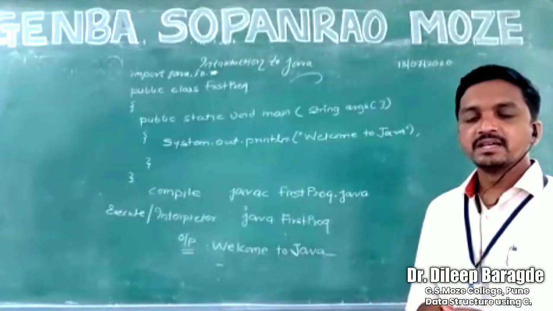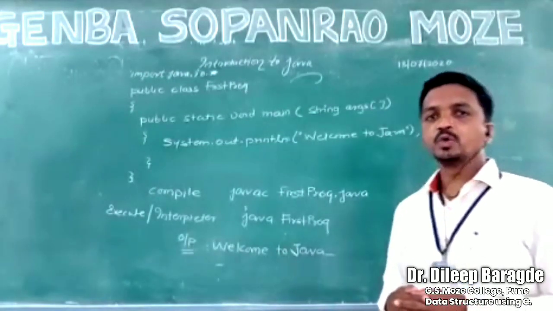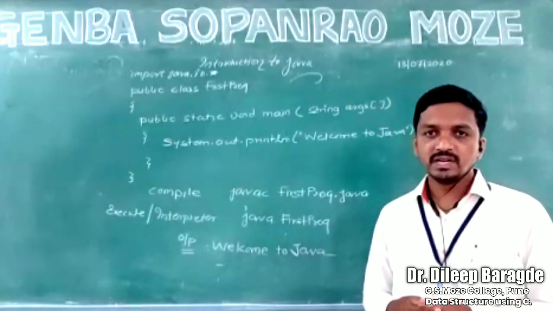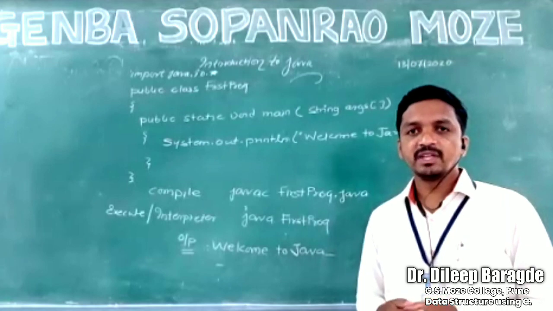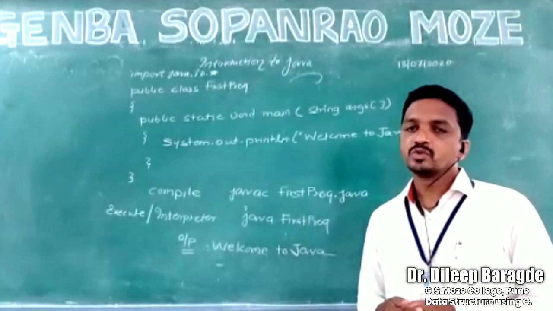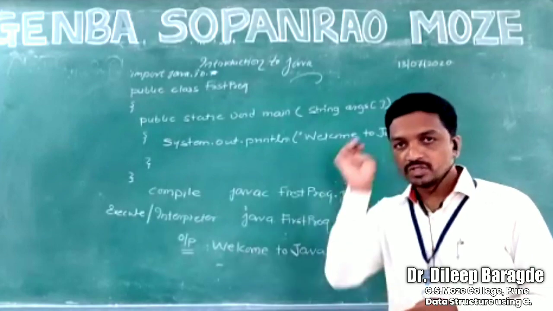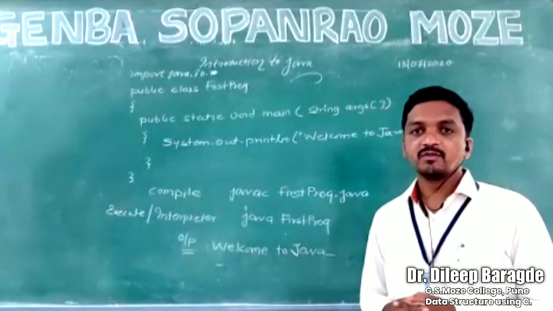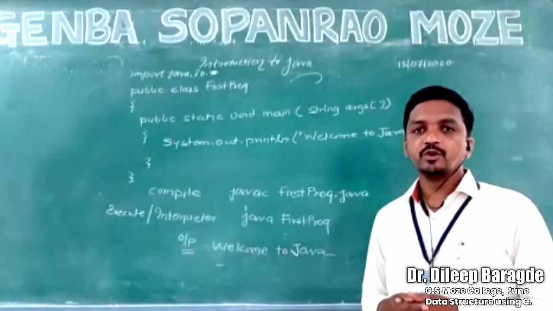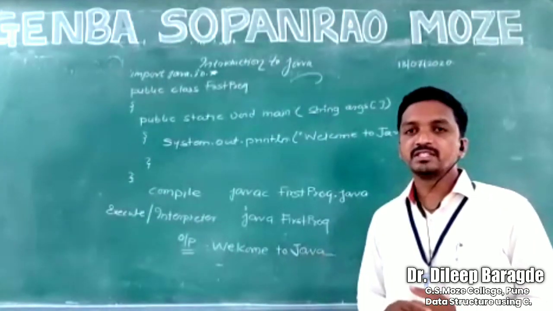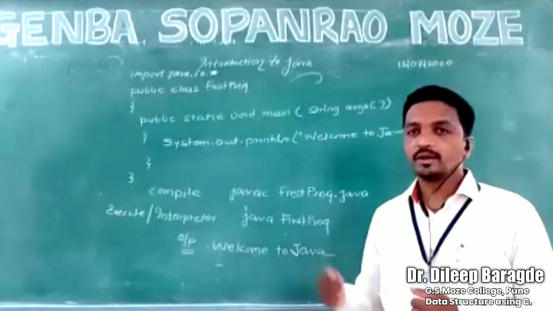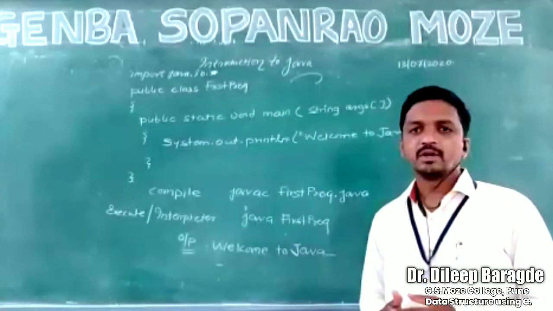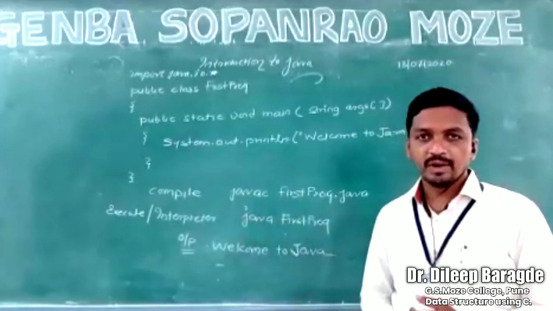Then opening braces. If I want to print anything, I have to use System.out.println. S is capital. System.out is a predefined object. Whenever you want to accept or display something in a stream format, these stream objects are used. So System.out.println, where ln stands for new line. Print statement prints something, and there are dots between these three words. Then opening bracket, welcome to Java, close, then semicolon, close, and come out of the program.